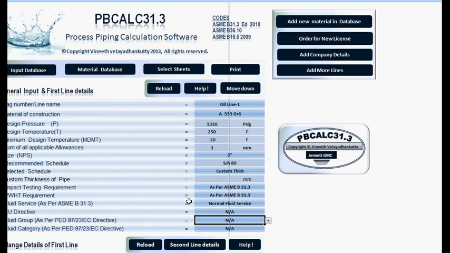These are the major features of the PBCAL 31.3 application. This is mainly focused on saving the time of a design engineer. So save time and money